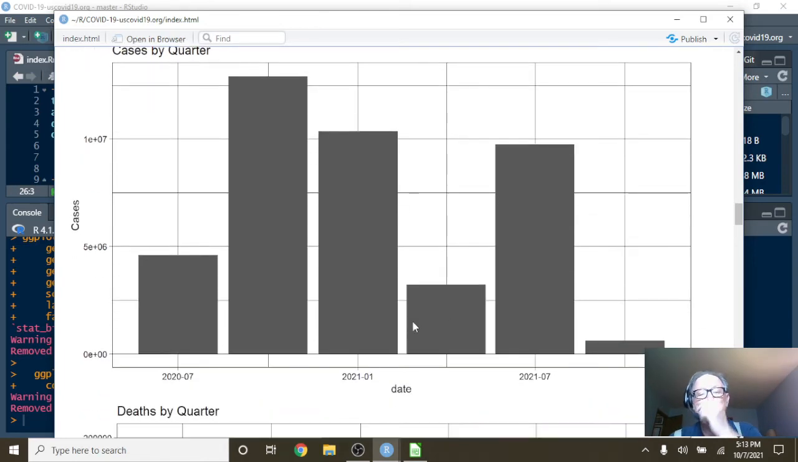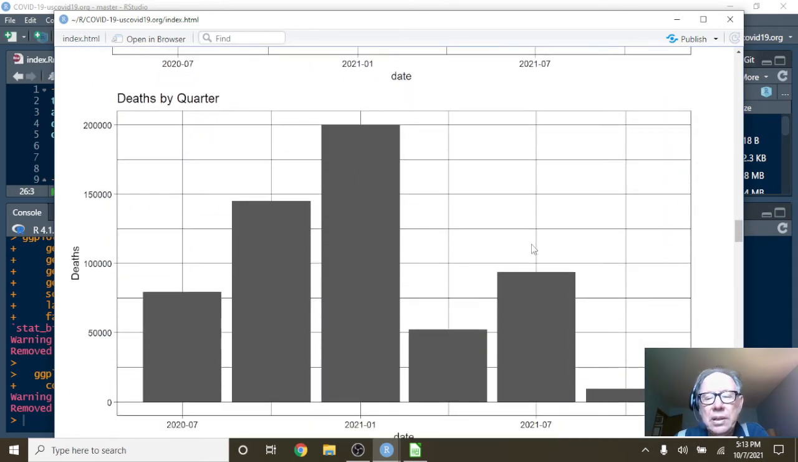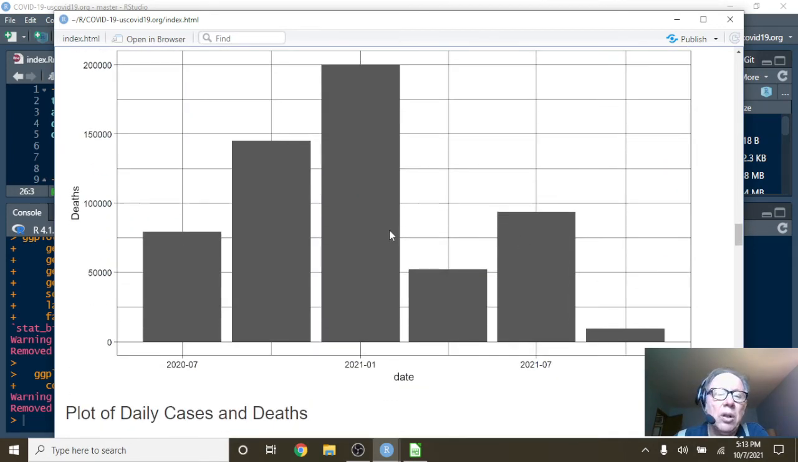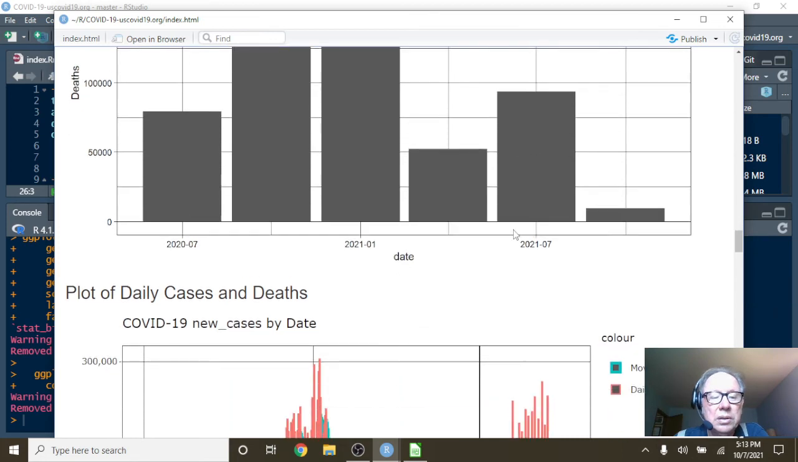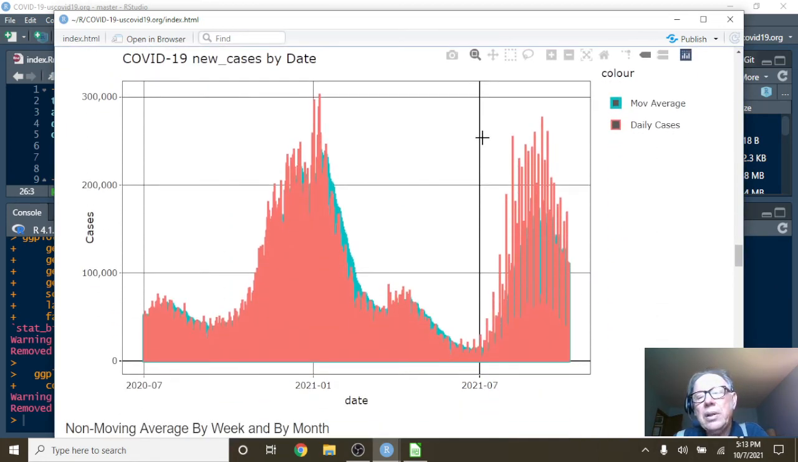Now, this is the number of cases by quarter. So what this tells us is the third quarter of 2021 was the third most cases of all quarters. Deaths again, although low, relatively speaking, were still the third most deaths for any quarter so far. If we come down here and take a look over here,